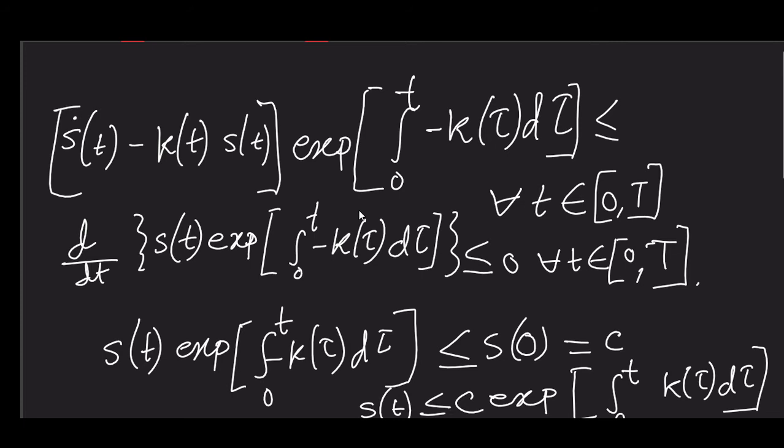So if somebody is upper bounded by some function, obviously, S(t) is an upper bound for R(t), and S(t)'s upper bound is C exponential this. So obviously these hold good for R(t) also, right? So this is what